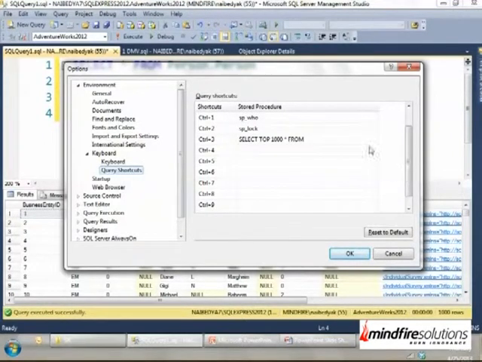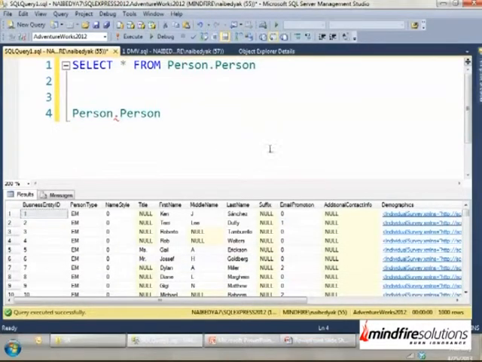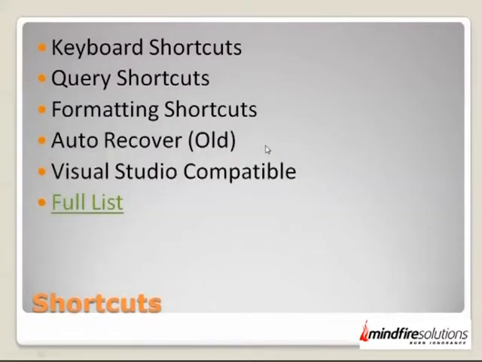This is again nothing new in SQL 2012, but these shortcuts really would improve your efficiency and your time taken to do things. And there are formatting shortcuts, as in you can do a capital letter, you can do everything capital, you can do init capital, you can do small letters. You typed a lot of things, or you got a file from a different person, then you see that it is not really well formatted. The keywords are not in capital letters. What do you do? You start typing everything? No, you can use these formatting shortcuts and that will come in handy.